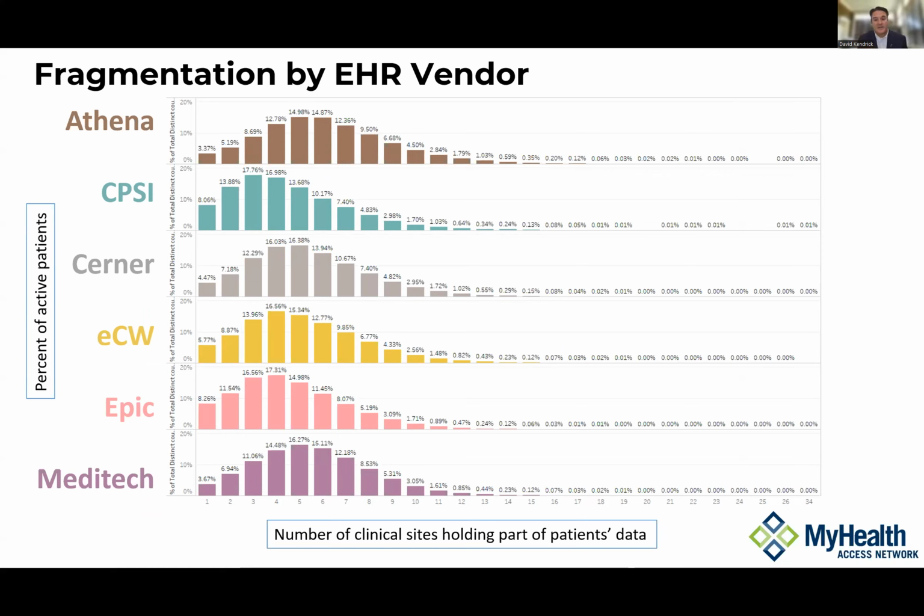So we're often told, well, this is the reason we chose our particular EHR vendor, because lots of our peers, our other organizations, also use that EHR vendor. And therefore, if I choose vendor A, I'm already going to have access through their internal proprietary network to all the other data I need. So we slice the data that way, by EHR vendor in Oklahoma. Same x-axis there with the number of locations of data. But the y-axis now is the 6 largest or most deployed EHR vendors in Oklahoma.